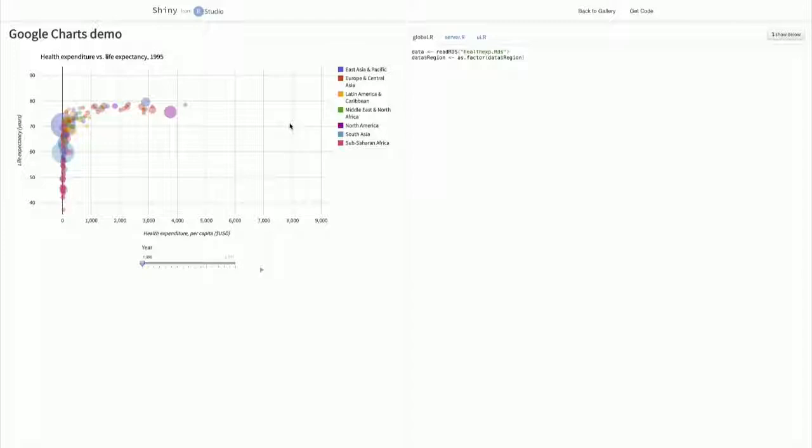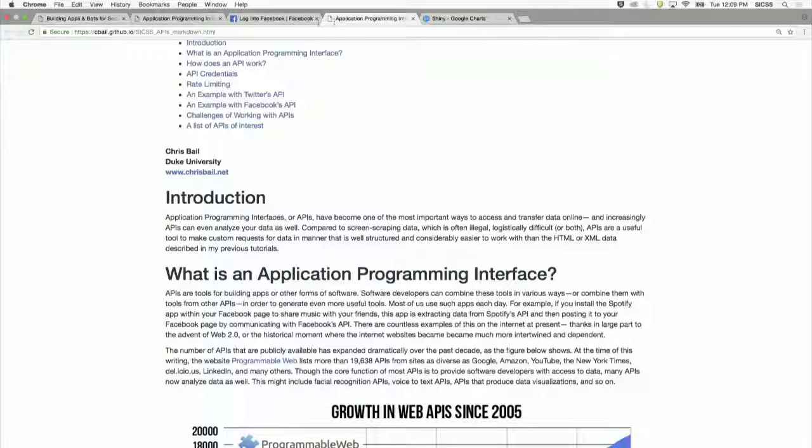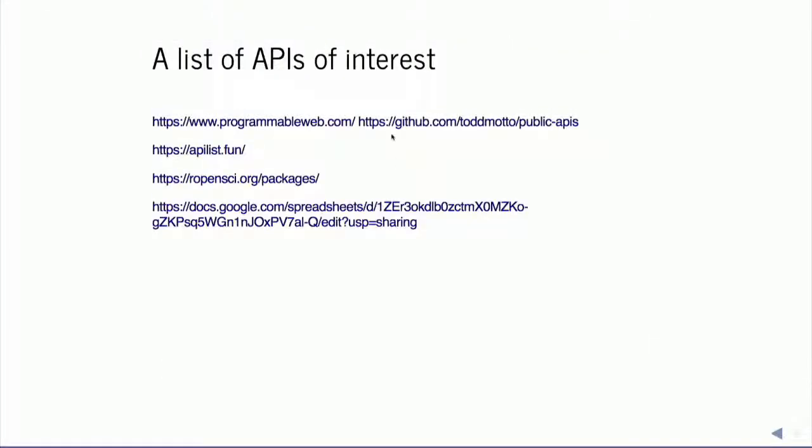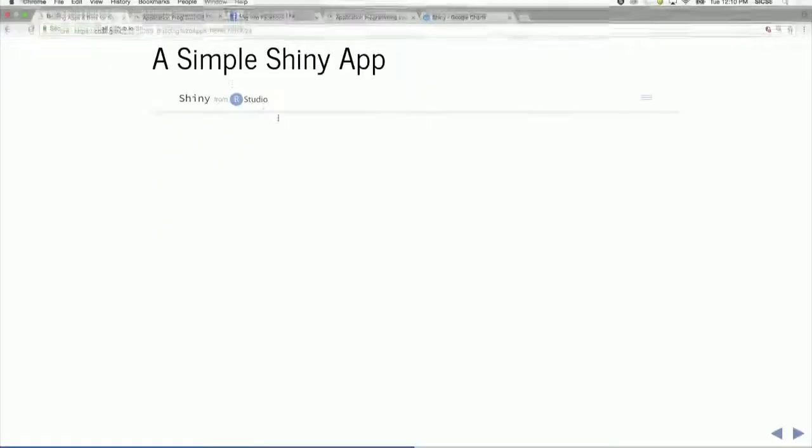Now the trick is, of course, this is just a simple interactive visualization. If you wanted to embed a survey and store that data with very secure passwords, perhaps, you could imagine doing something like that with a few of the tools we've been working with, right?